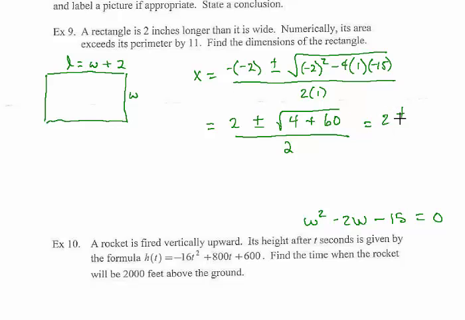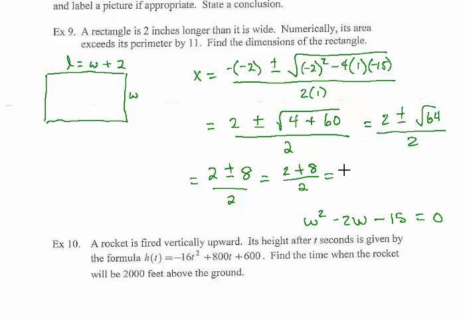And so we have 2 plus or minus the square root of 64 divided by 2, which becomes 2 plus or minus 8 over 2. The minus from the plus or minus is going to give us a negative solution, so we'll throw that one away. We don't want a negative solution because that will mean we have a negative dimension for our width. We don't measure things in terms of negative numbers. So we'll just go with the 2 plus 8 divided by 2, which gives us a 10 over 2,